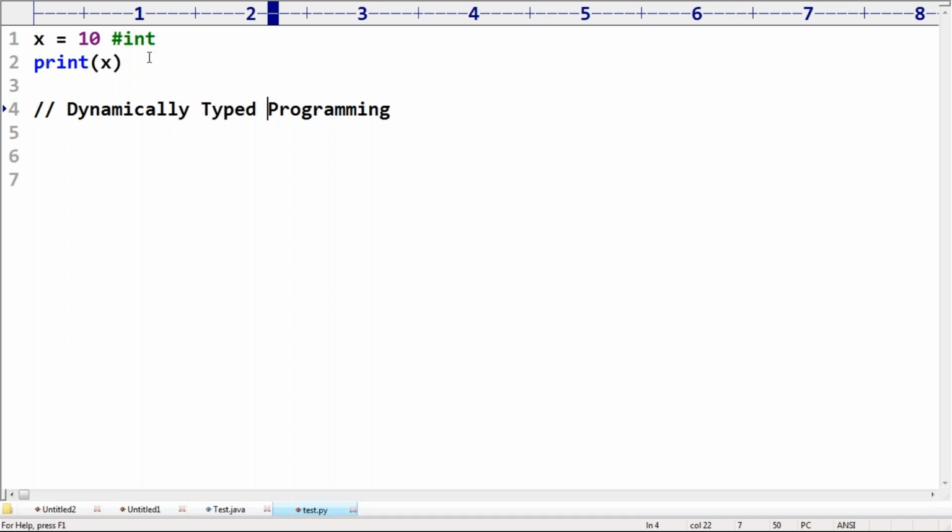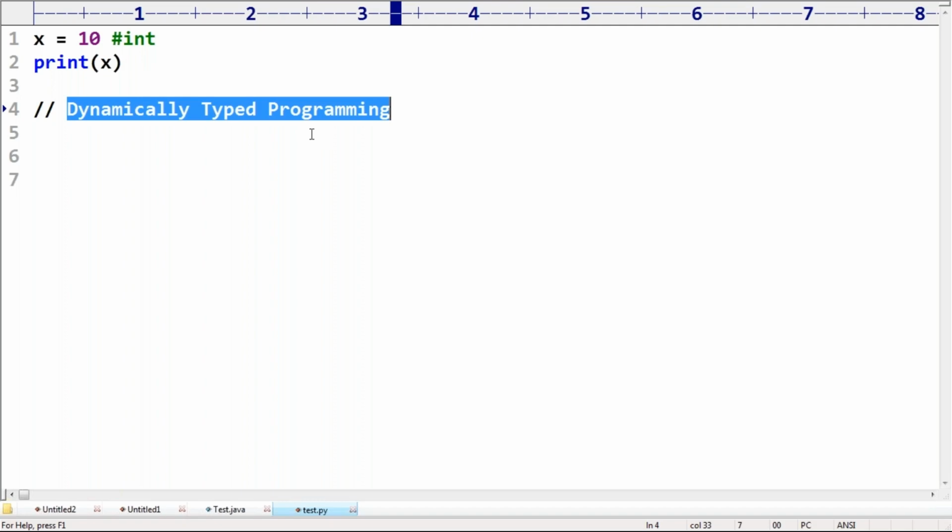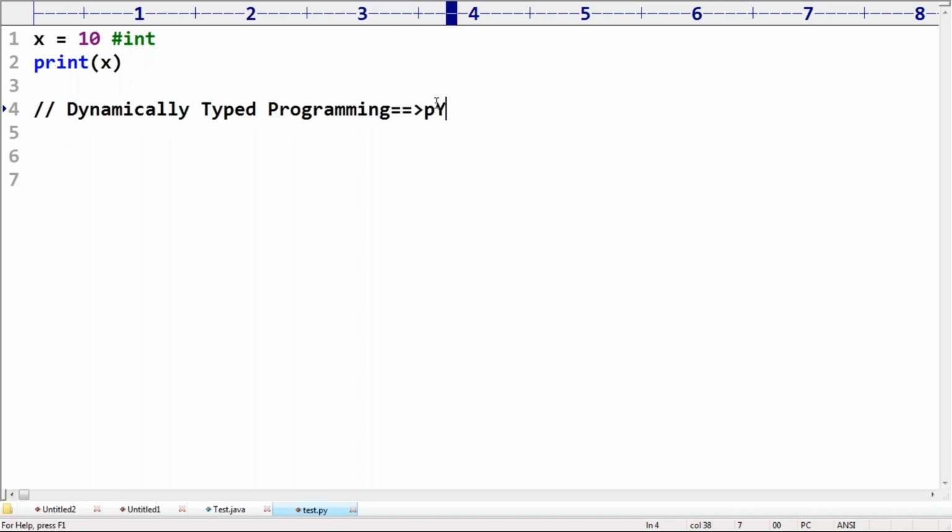That's why Python is considered a dynamically typed programming language, but Java is statically typed. Remember this one, sir. In Java we have to specify everything at the beginning only, but in Python we are not required to specify everything at the beginning. Observe that. Are you in a position to understand? These are just small differences to highlight the easiness, sir.